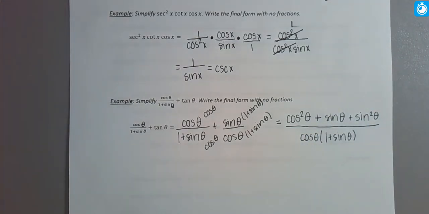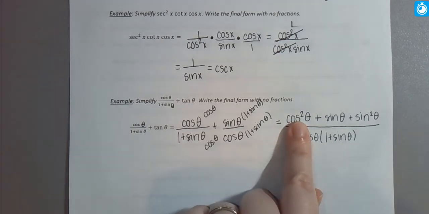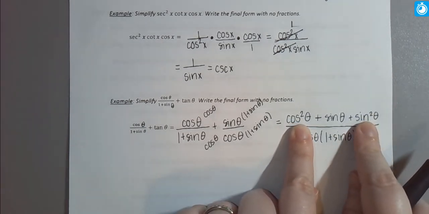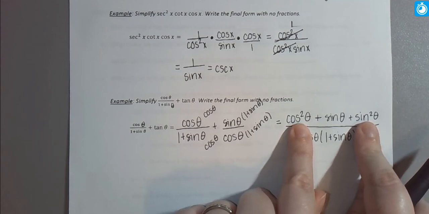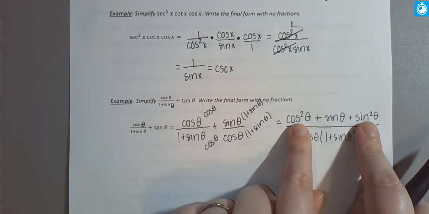Okay, well, it kind of looks like we made things worse. But as it turns out, we didn't. So we converted everything to sine and cosine. Now when I look at my numerator, that's what I want to focus on at the moment. When I look at the numerator, what I see here are these two squared terms. Anytime I see squared trig functions, that should be a red flag that you may need to use one of